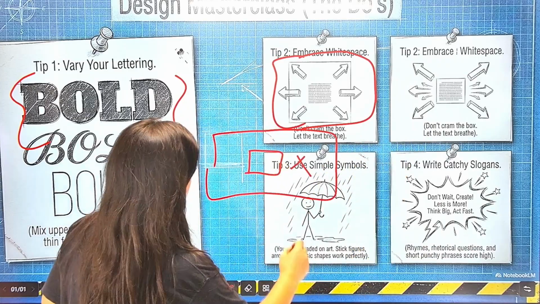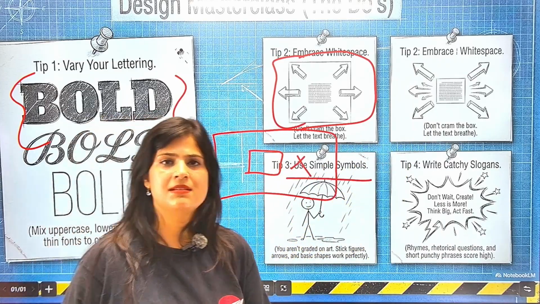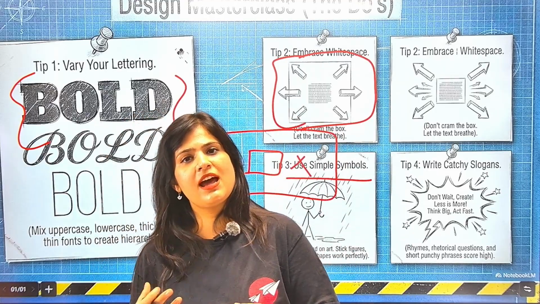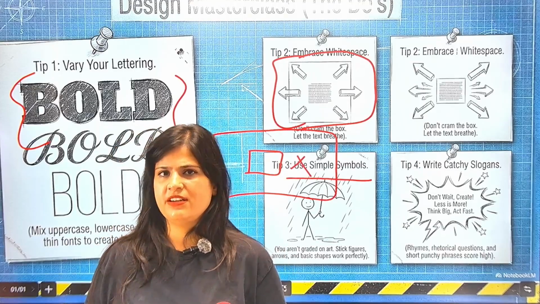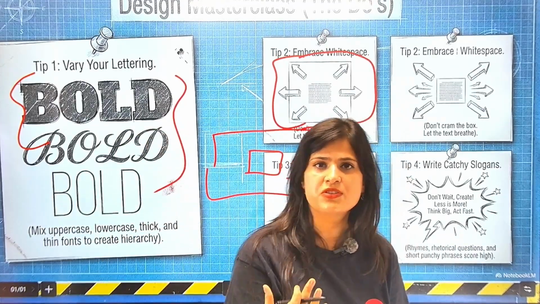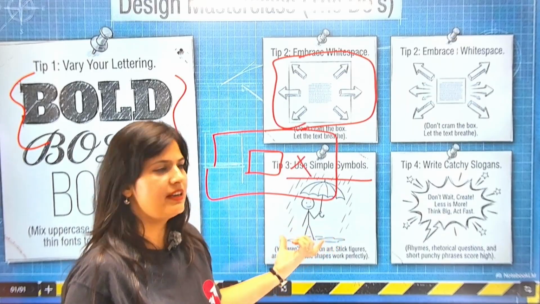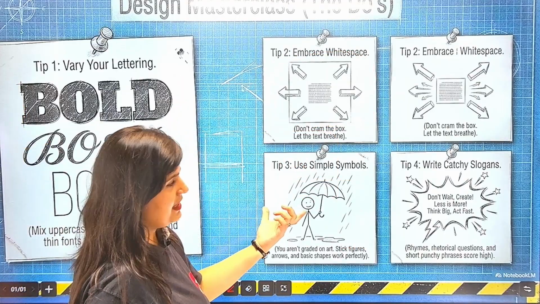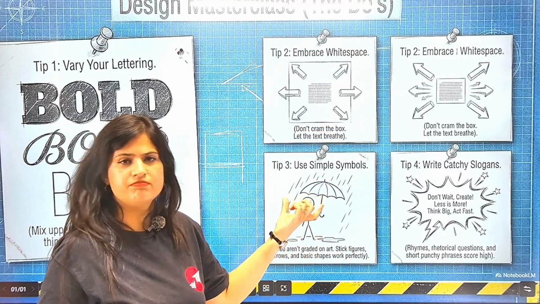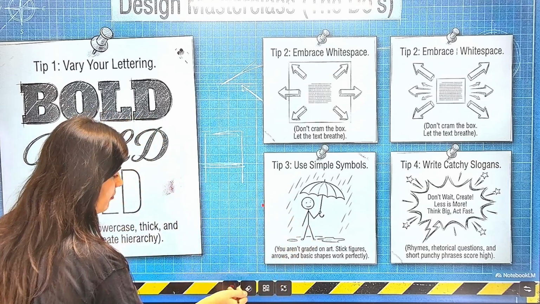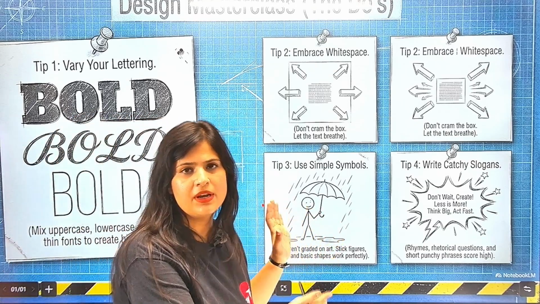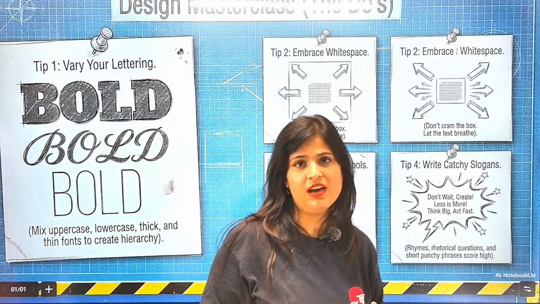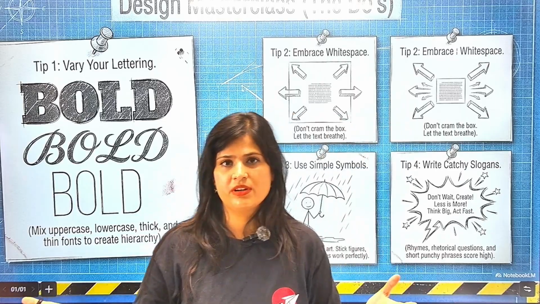Then of course, tip number 3, use simple symbols. अब ऐसा नहीं है that you need to be highly creative and highly artistic. You can actually use simple presentations, use simple caricatures to show the visual. It has to be like this. It can be like this also. Not has to be. It can be like this as well. Right? Simple caricature and with an umbrella showcases the idea of what? Showcases the idea of taking an umbrella during the rain times, isn't it? So water harvesting cases mein you can just showcase an umbrella which is collecting water. That can be a good visual representation.